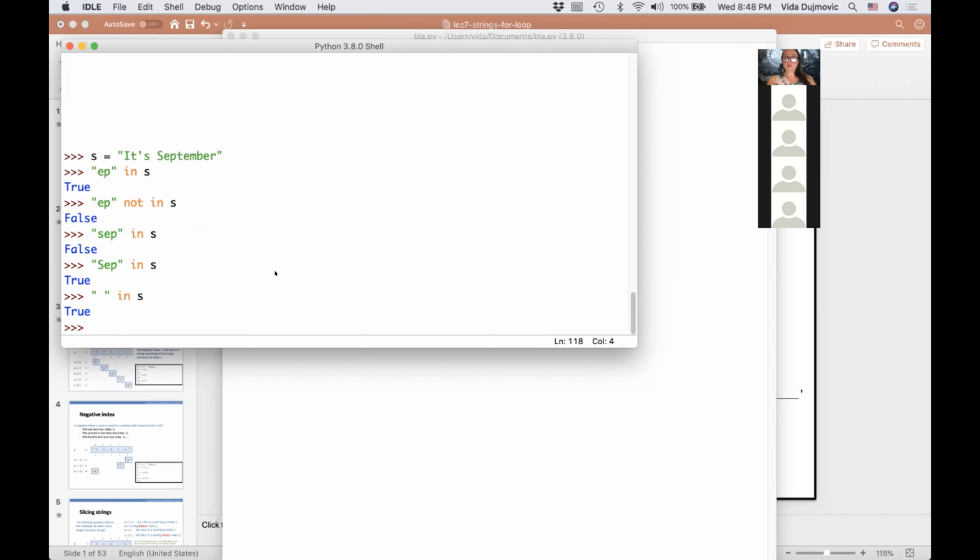The last one I wanted to show you is the empty string. Remember, open single quote, then nothing, then another single quote. This is an empty string, and an empty string is a substring of every string. So you're going to get True if you ask this question on any string. So this is about the in operator.